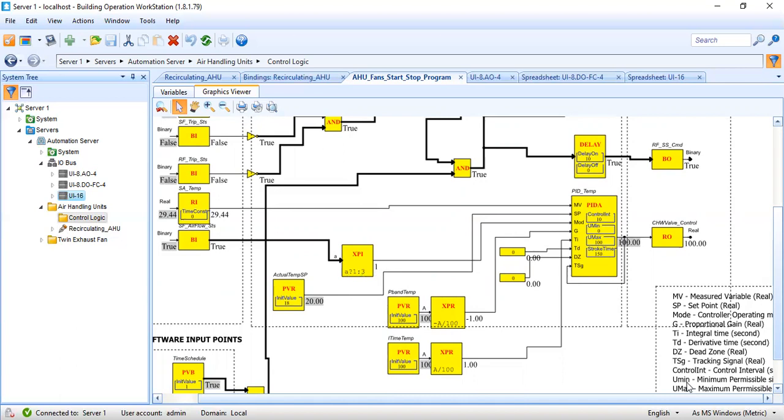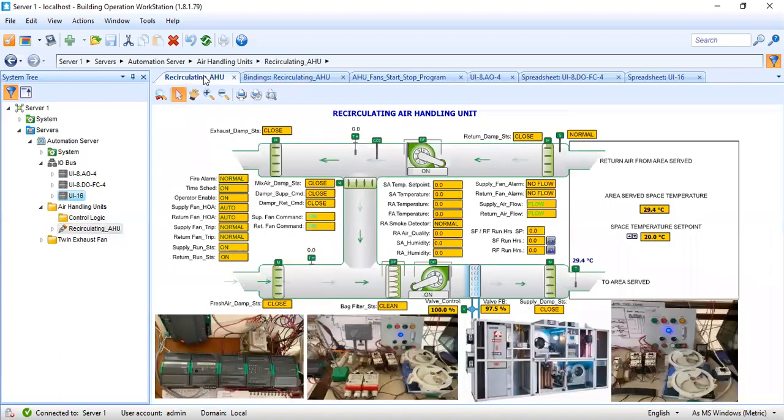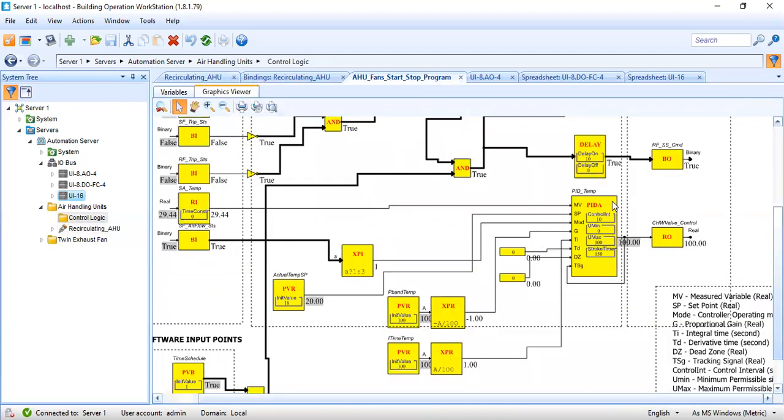If 3, it will go to the U minimum, the minimum permissible output, which will be 0. Again, I hope you have learned how you are going to control the cooling valve of an air handling unit based on PID control.